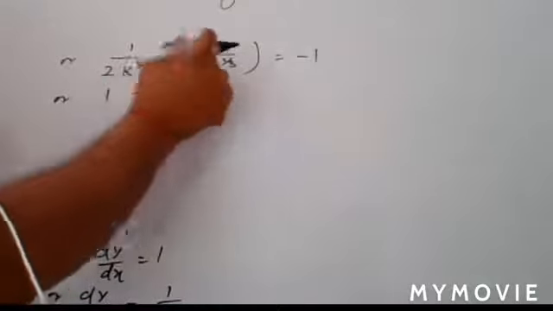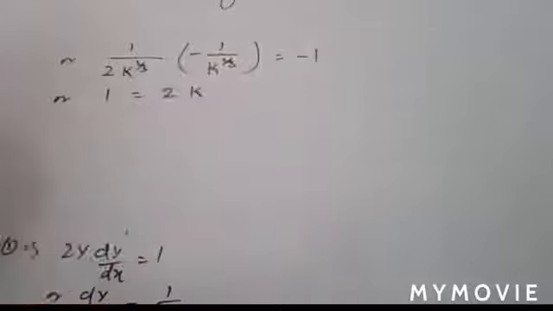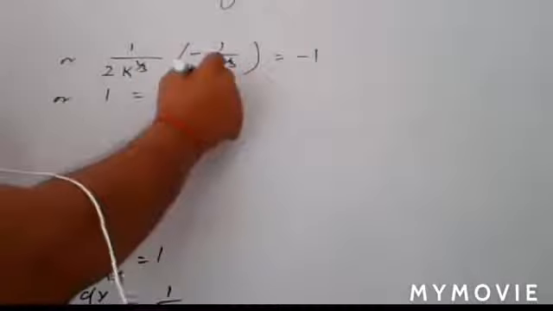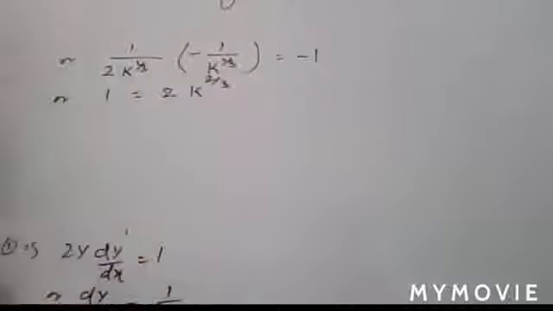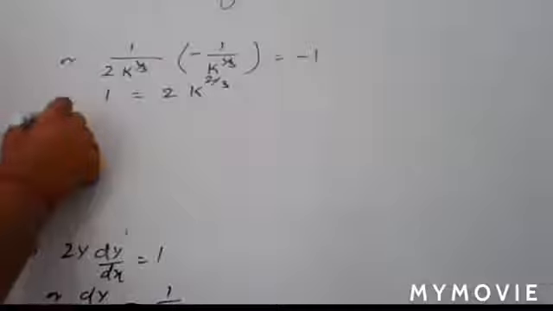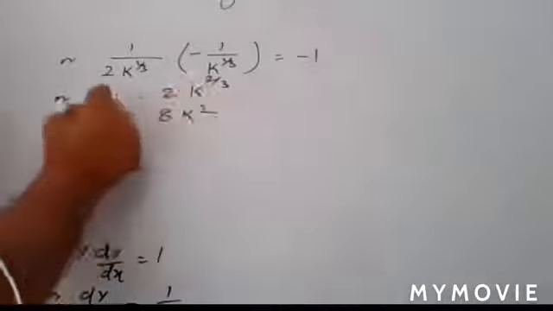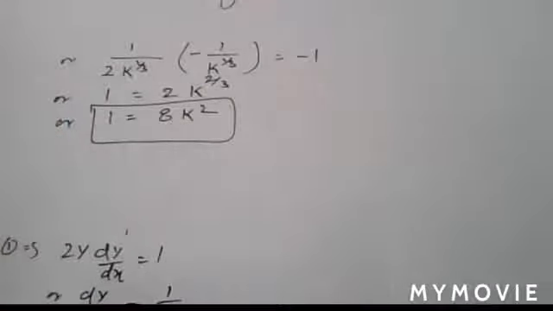If you add that, you have 2 by 3. So here you have 2 by 3. Understand? Now cubing both sides, so if you cube here, you have 1, and on this side you have 8k square, and that is your required result. So your result is proved. Note it.